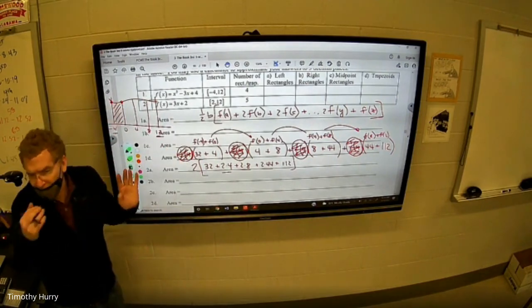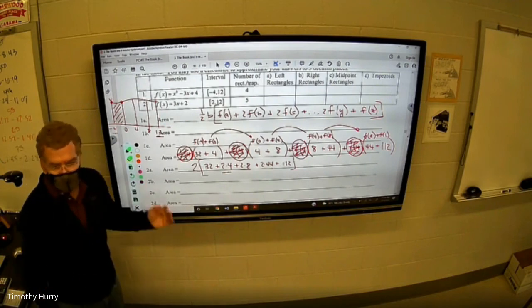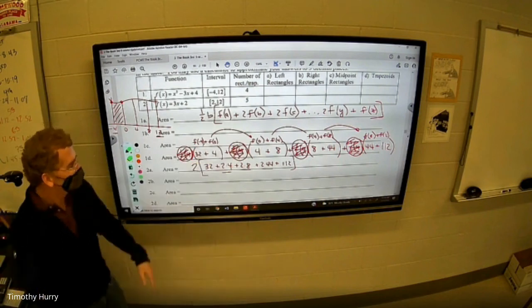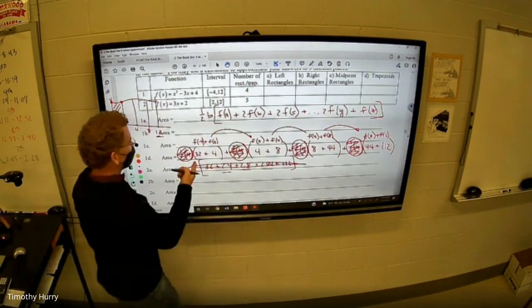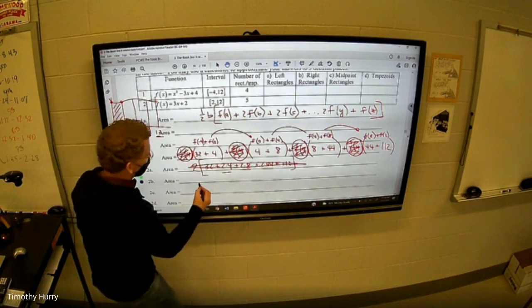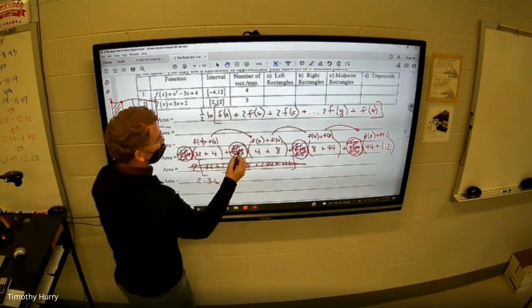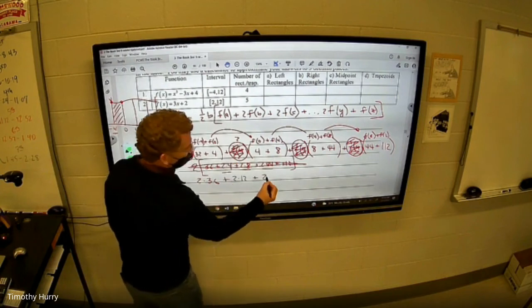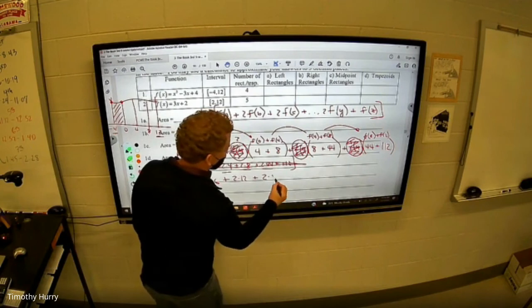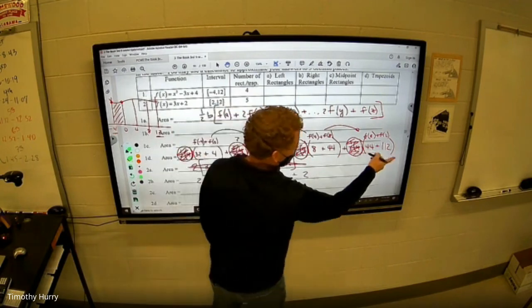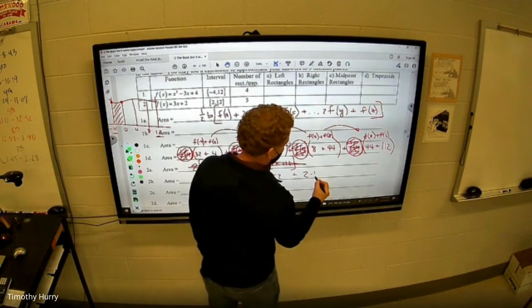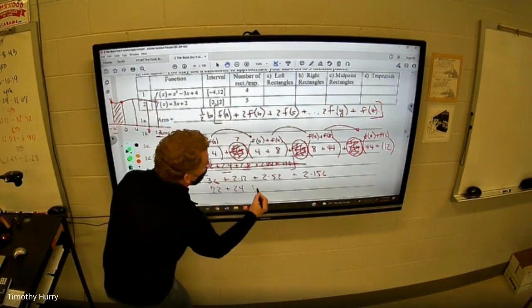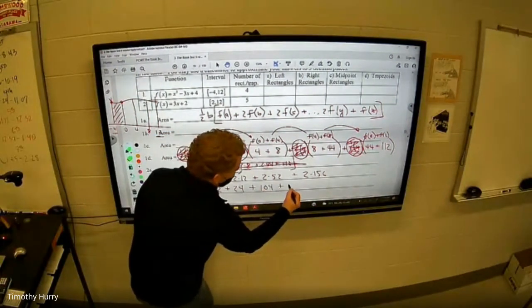But you don't have to do that because in AP, they rarely ask you for more than 5 trapezoids anyway. I think 6 is maybe the all-time most, and it's just not that big of a deal to know this. You could still go 36 times 2, right? 2 times 36. You could go 12 times 2. And then you could go, 52 times 2. And you could go, 156 times 2. And it's just not that big of a deal to go 72 and 24 and 104 and 312 and add